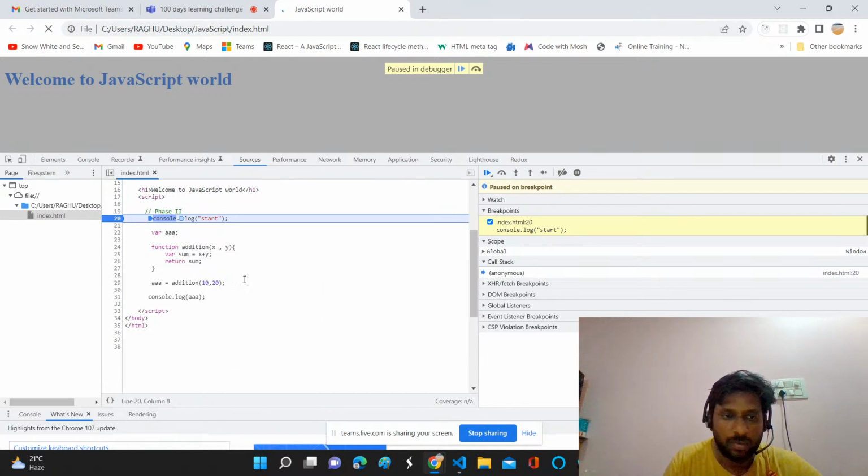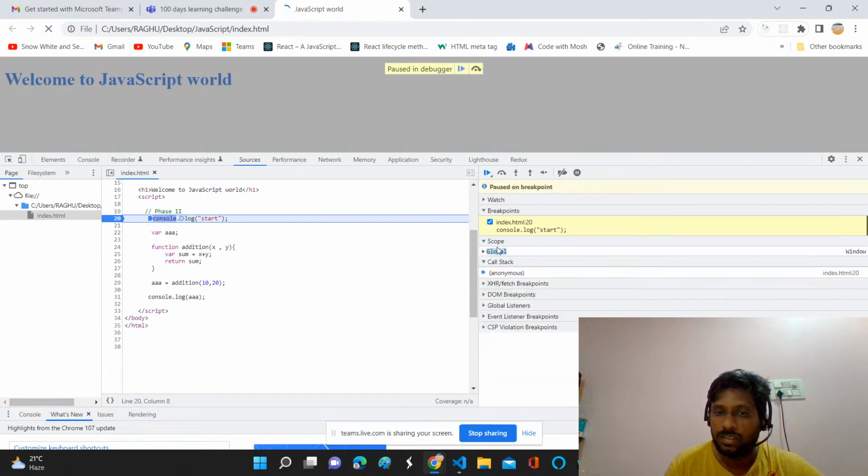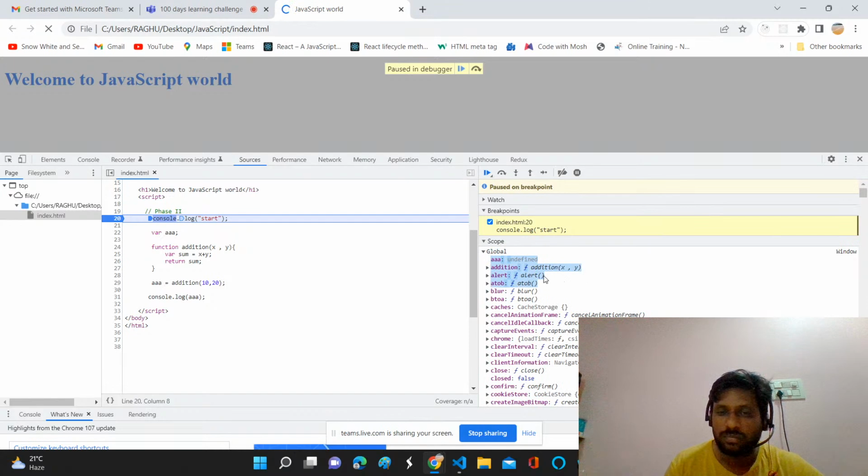That is very important because we are writing outside of all the functions. If you are writing outside of all the functions, that is global scope, that means anyone can access these variables inside the JavaScript file. Okay, so if you see in the global, the name of the object is window. Observe carefully, the name of the object is window, and we have AAA as a key value pair. This AAA, the value is undefined. Addition stores the function syntax,